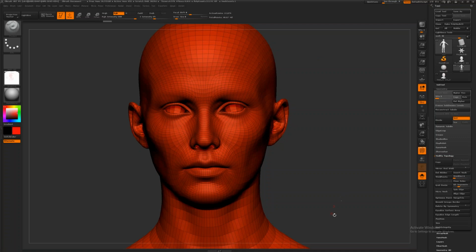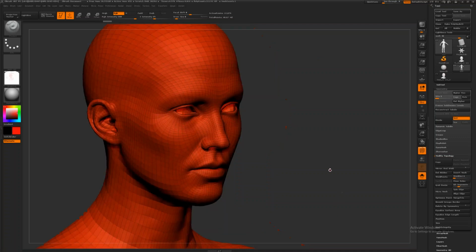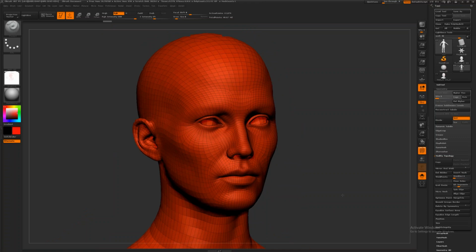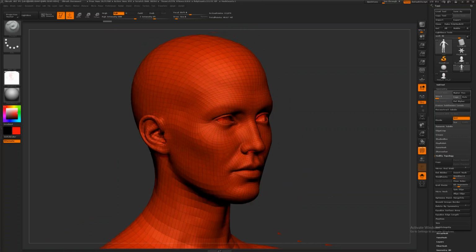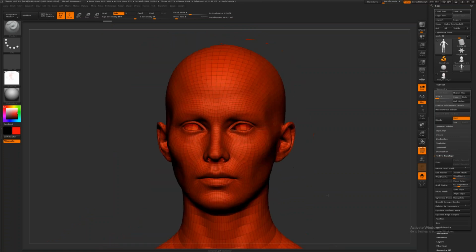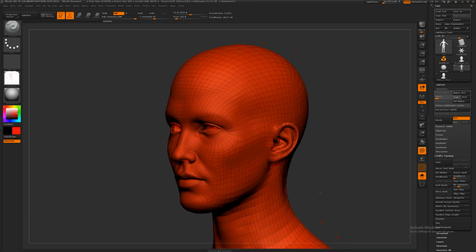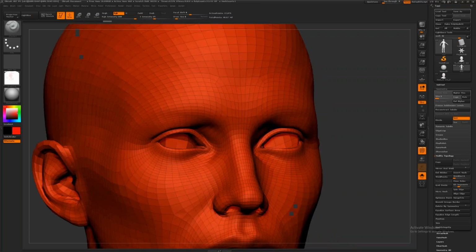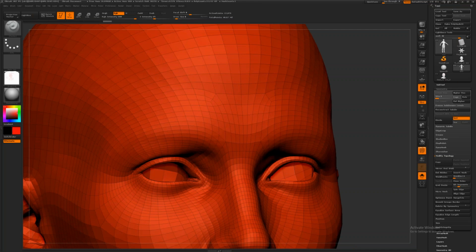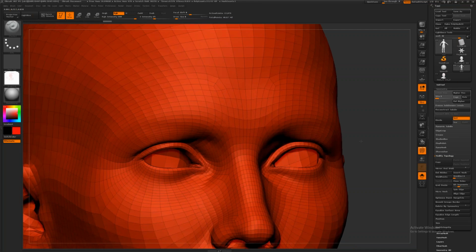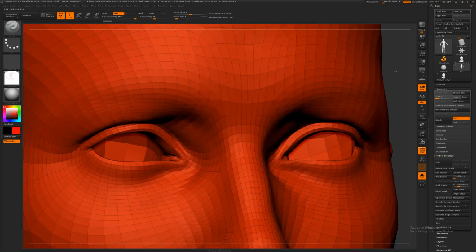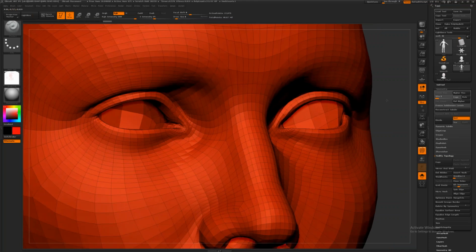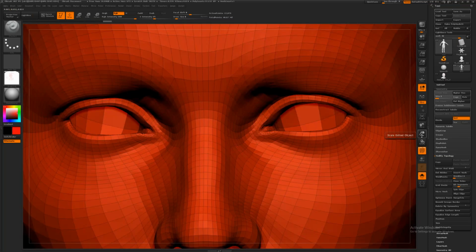So here's his model that he gave me permission to show you guys. It's a female model. I'm just going to show you the head. He's done the whole body, but there's no reason to really go into that right now. So you can see the flow of it. He has some really nice flow around the little caruncle area here, and you can see how it goes in. Then he has some triangles up in the eyes here. So you can see how low the density of polygons is in the eye sockets. That's what you want to do. You don't need a high density